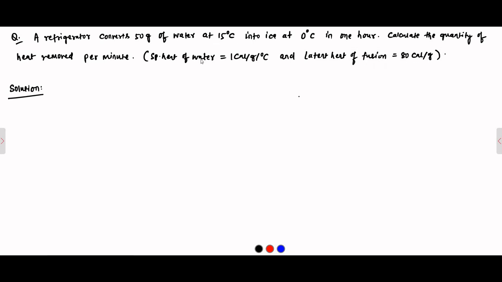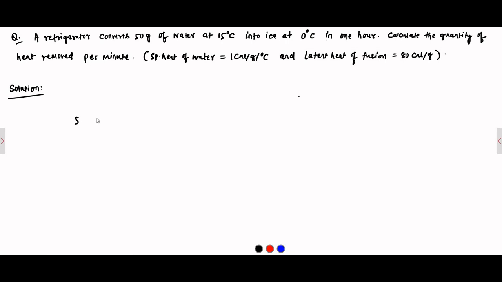Okay. So the situation is that 50 gram of water is kept in the refrigerator and the initial temperature is 15, and it got converted into ice at 0 degree Celsius. The total duration is 1 hour. We have to determine the heat loss per minute or the heat removal per minute. So there are two steps in the process, okay, for conversion of water at 15 degrees Celsius into ice at 0 degrees Celsius. First,